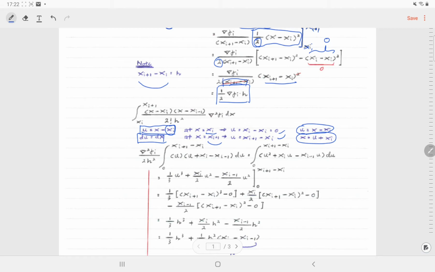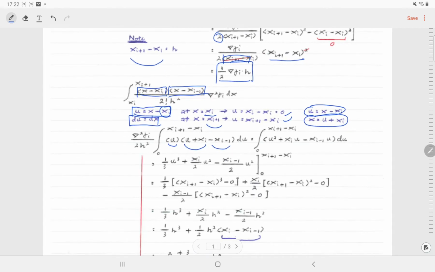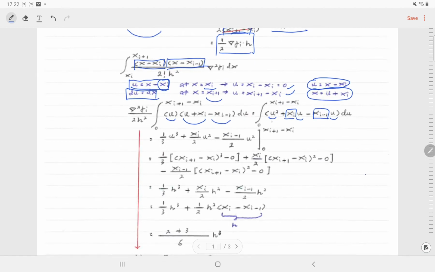Then substituting this term in here with u, and then the second term in here will be a bit longer because then x will be equal to u plus xi minus xi minus 1. Okay, if we keep on integrating in here, we note that we only integrate with respect to u. So this xi in here is taken as a constant and xi minus 1 in here is taken as a constant. So the integration of this term will be equal to this term in here.